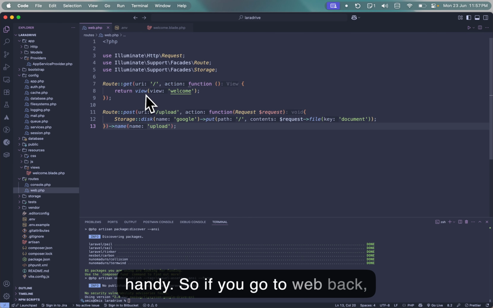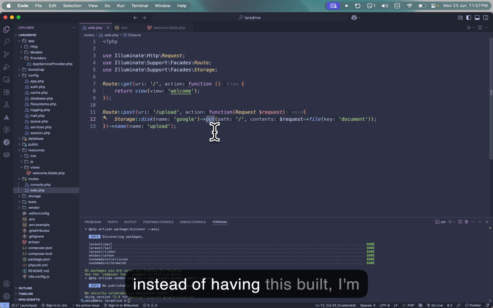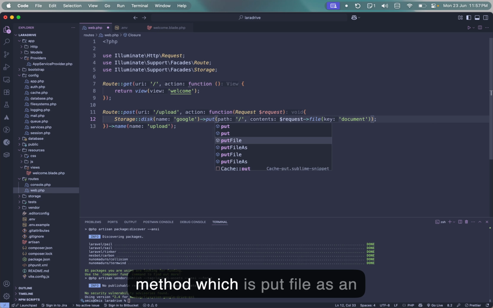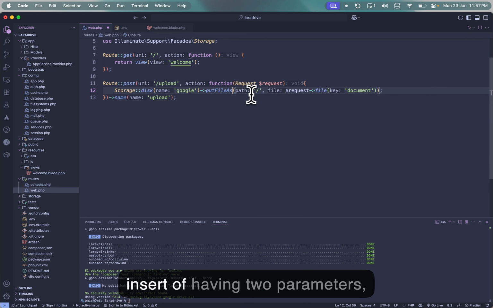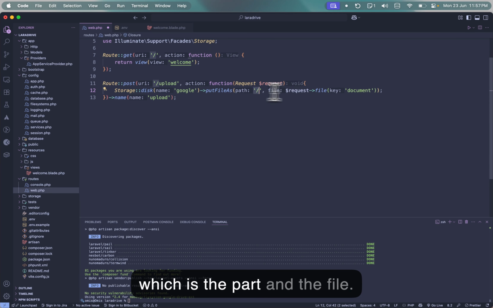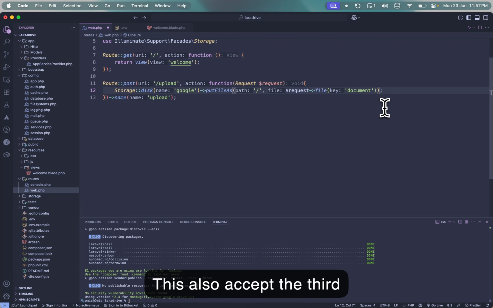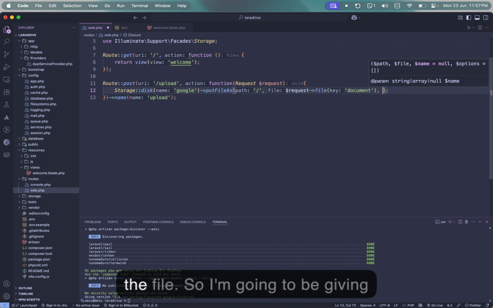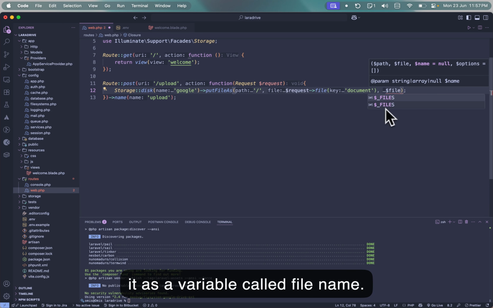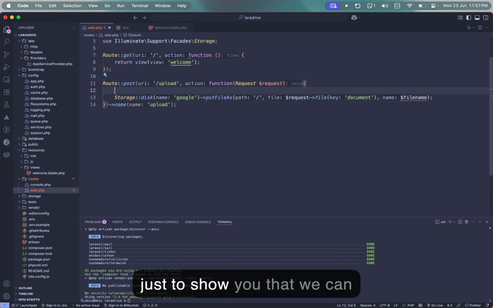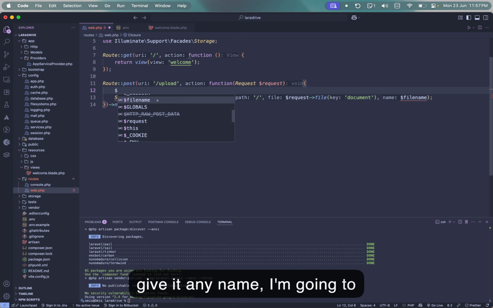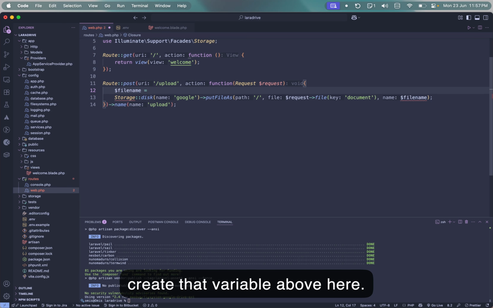So if you go to web back, instead of having this put, I'm going to be calling another method, which is put file as, and instead of having two parameters, which is the path and the file, this also accepts the third parameter, which is the name of the file. I'm going to be giving it as a variable called file name, and just to show you that we can give it any name, I'm going to create that variable above here, and I'm going to set it to current time in milliseconds, and then